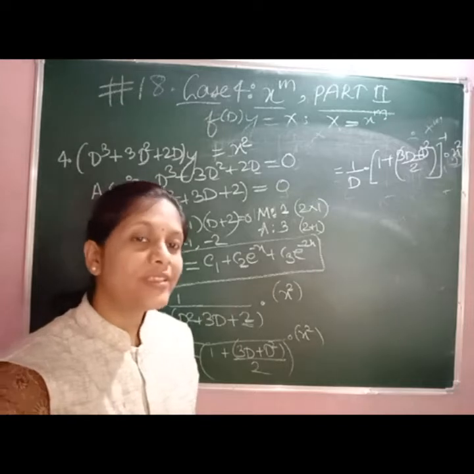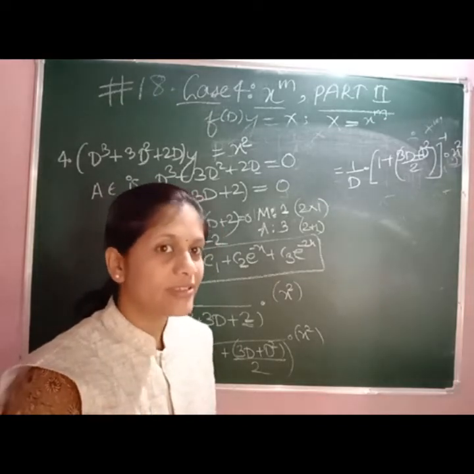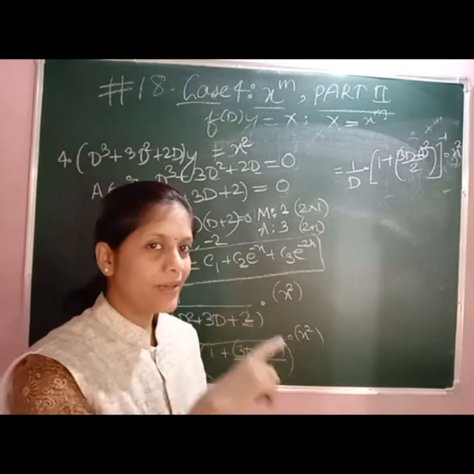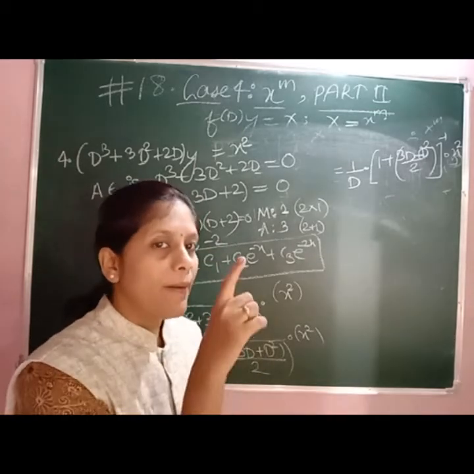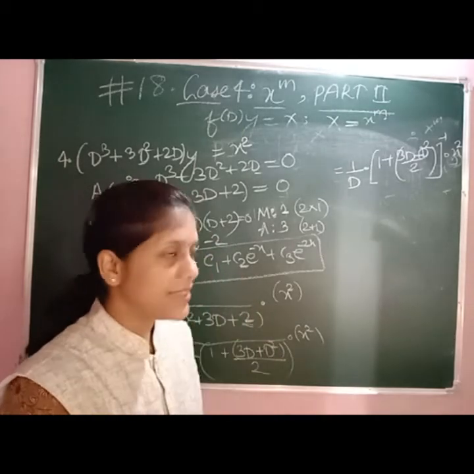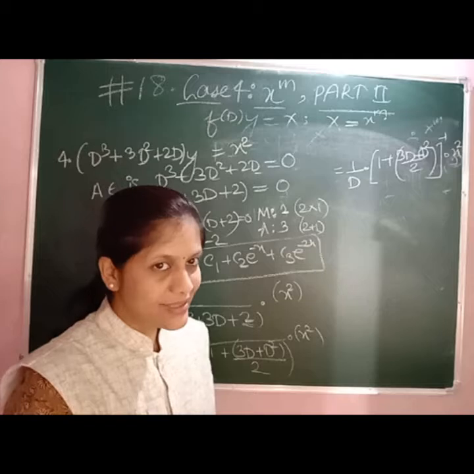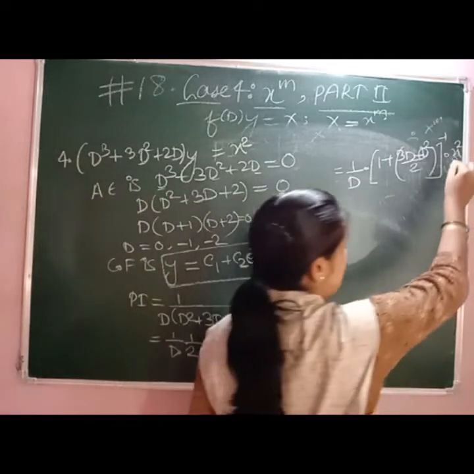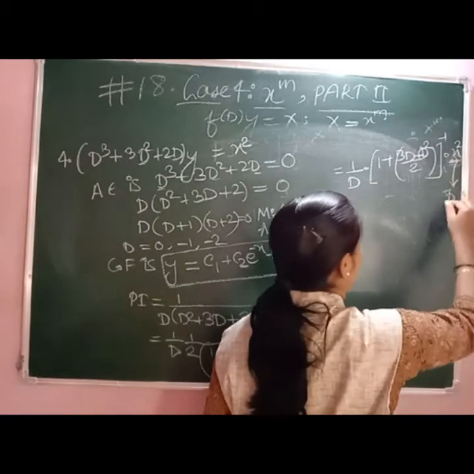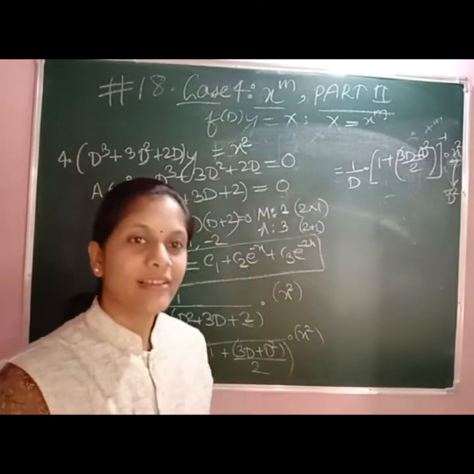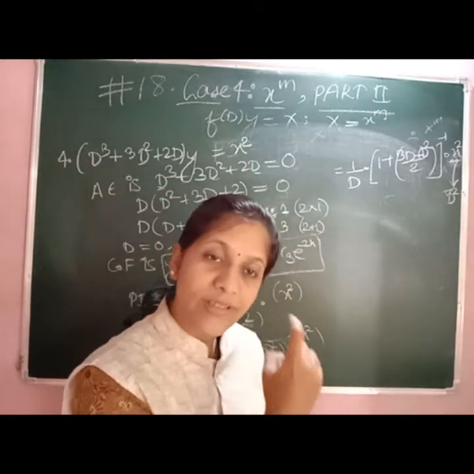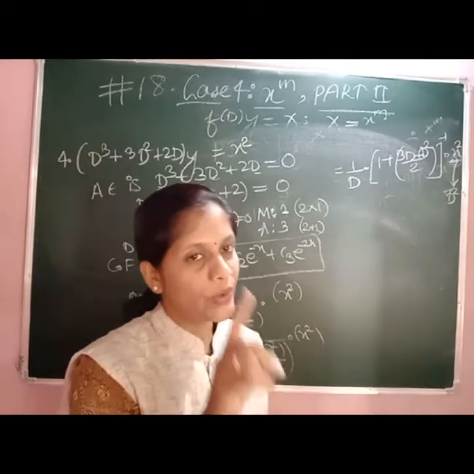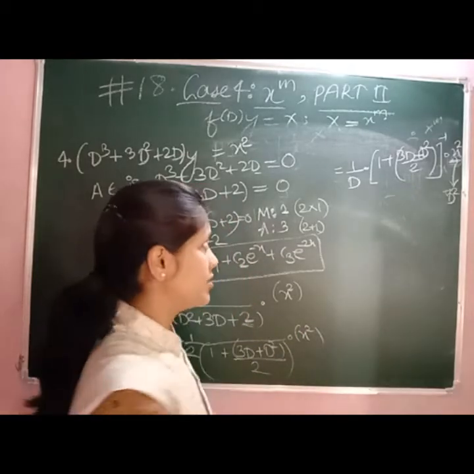So already we know what is 1 plus x whole inverse, ascending power of x with plus minus. So how is it? 1 minus x plus x square minus x cube plus x raised to 4 and so on. But up to where do you have to expand? d power 2 only, right? Because from d cube onwards we are going to get 0. So x power 2, d power 2 only we have to expand.